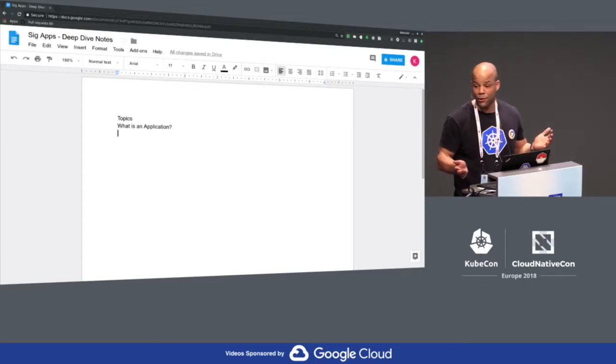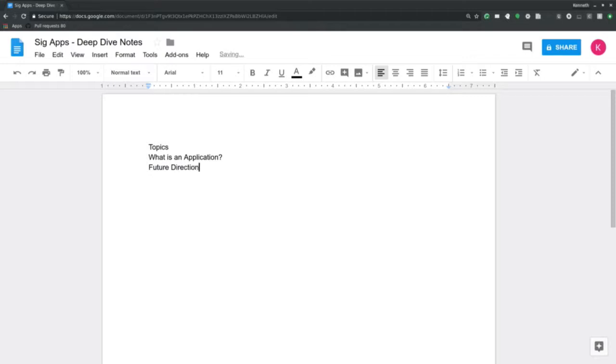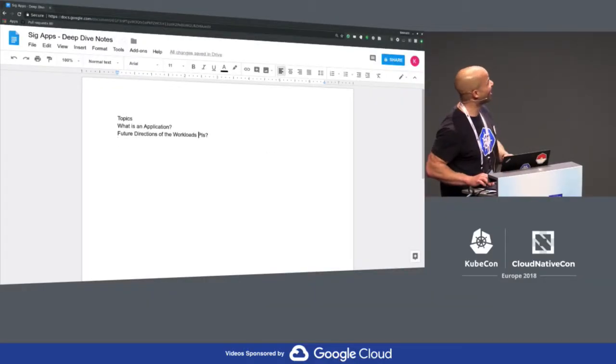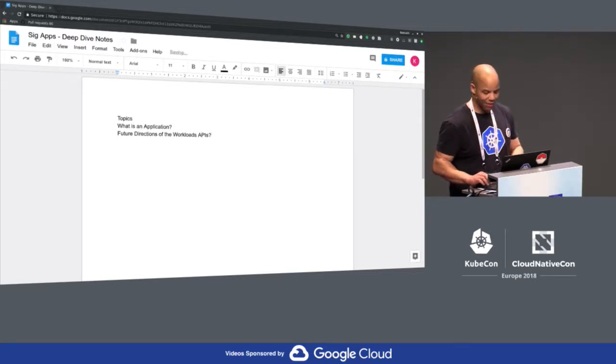Future directions of the Workloads API. There we go. Anybody up for Helm 3? Yes, please.